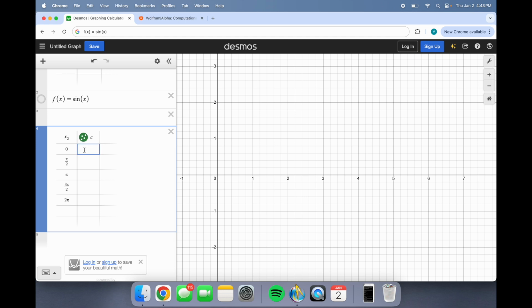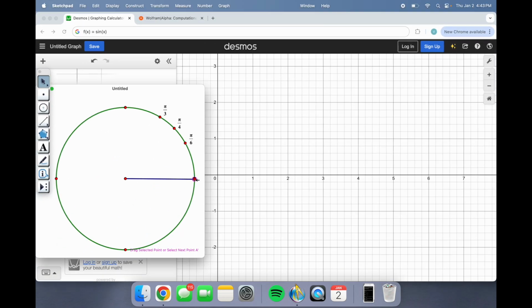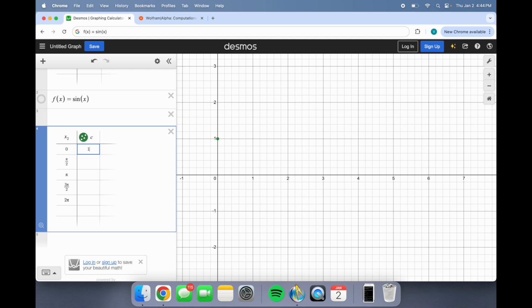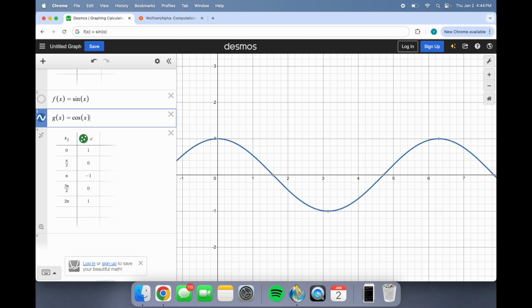So for, again, now at x equals 0, that corresponds to an angle of 0. That cosine is now the x coordinate, so that's a cosine of 1. And then it's cosine of 0, negative 1, 0, 1. So 1, 0, negative 1, 0, 1. Nice. And if we plot the actual cosine curve, we can see that it actually looks suspiciously similar to the